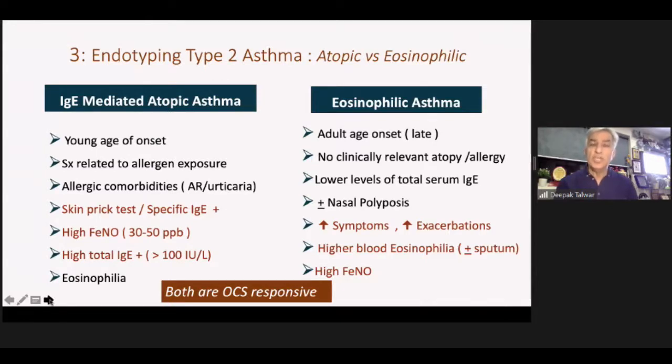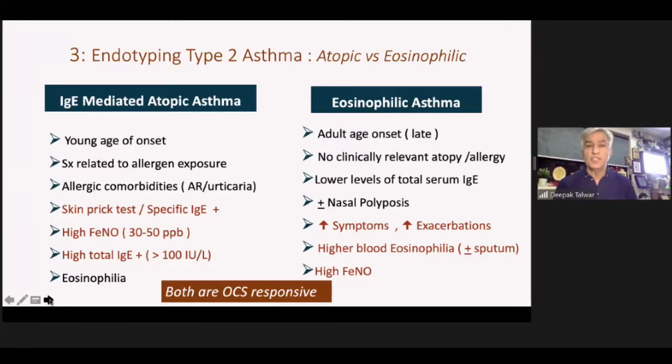Is it IgE mediated, which is atopic asthma, or is it eosinophil mediated, which is called eosinophilic asthma? IgE-mediated asthma is generally the asthma which sets in at a younger age, usually in childhood, while eosinophilic asthma comes later in age, perhaps around middle age. The IgE-mediated asthma is typically associated with allergen exposure and has a skin prick test or specific IgE positive